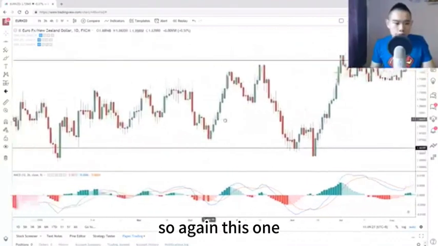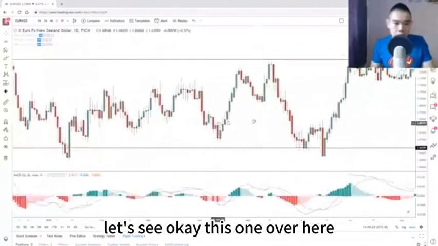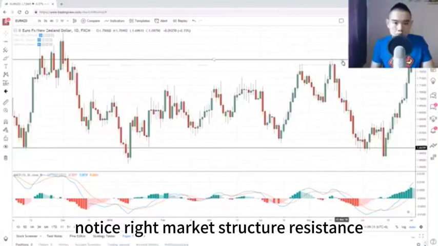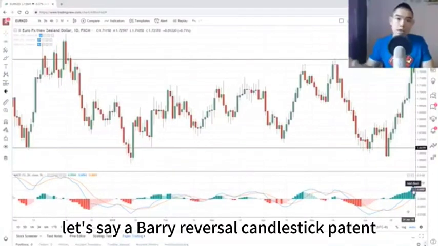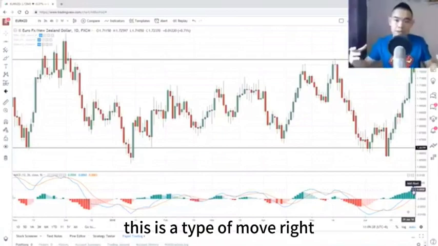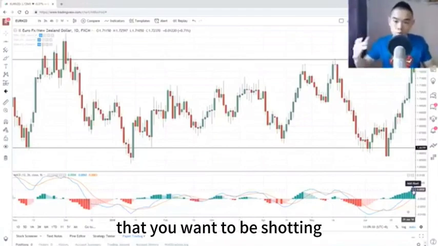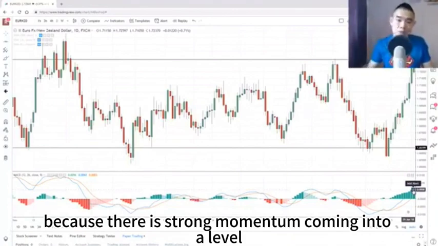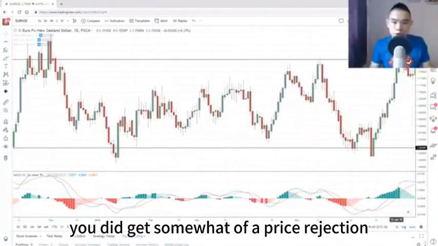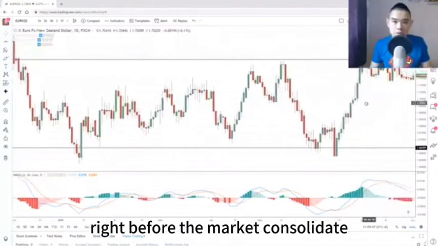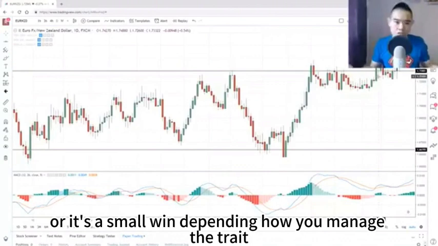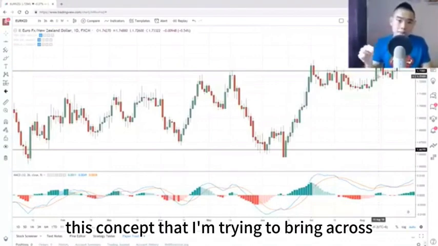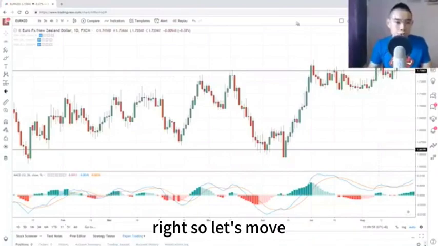So again, this one, let's see. Okay, this one over here, notice: market structure, resistance, strong bullish momentum coming in. So if you get, let's say, a bearish reversal candlestick pattern, this is a type of move that you want to be shorting because there is strong momentum coming into a level. So you can see that over here, you did get somewhat of a price rejection before the market consolidated and then it breaks out higher. So you might get stopped out, or it's a small win depending on how you manage the trade. But I hope you understand this concept that I'm trying to bring across. So let's move